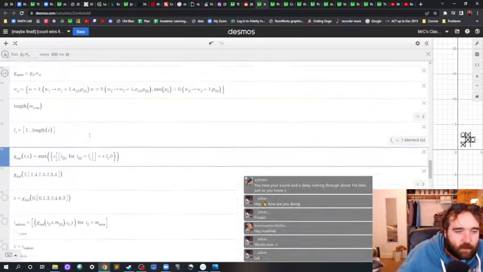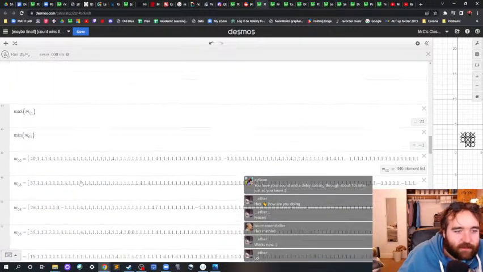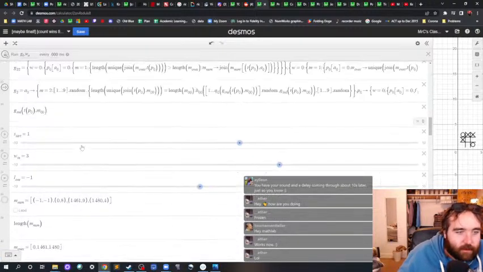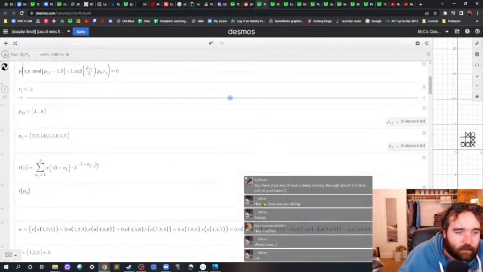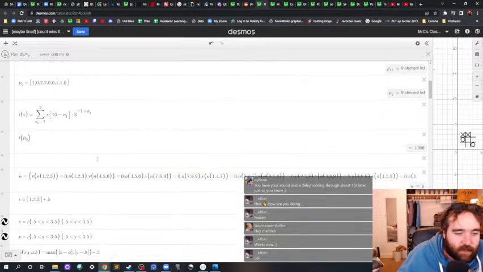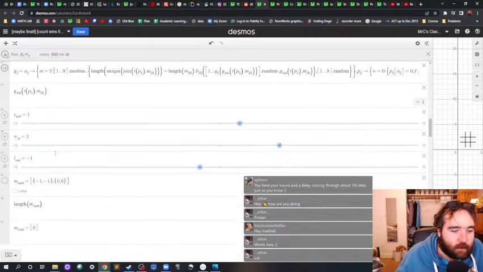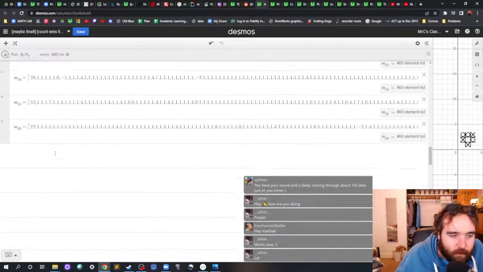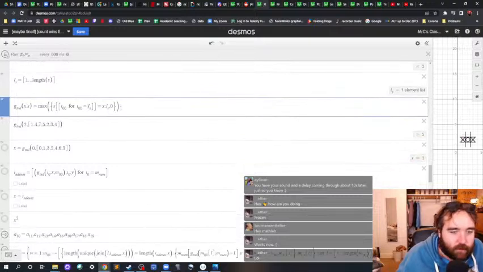Is it a slider? No, it's not. It's not defined anywhere. That's the thing. I spent so much time doing this when I was making this, just scrolling through and looking for the part that I was working on. Where's the G? Here it is. So